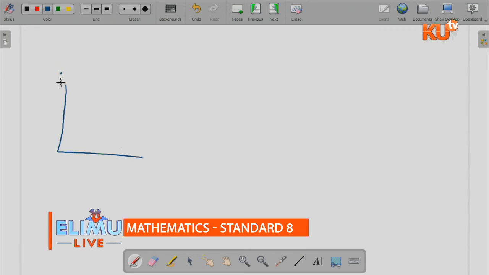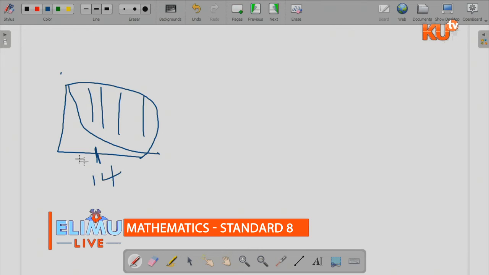It is this way and this way. This is quarter circle. They have just extended this one to be this way. Then this is 14 and this is 14. So what do you do? Make sure you do this way. Make a line here. Why am I doing that? I want to find, well,